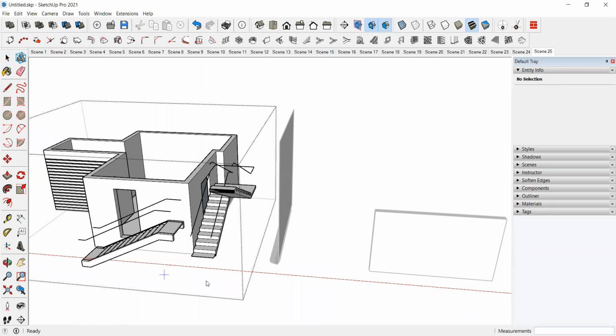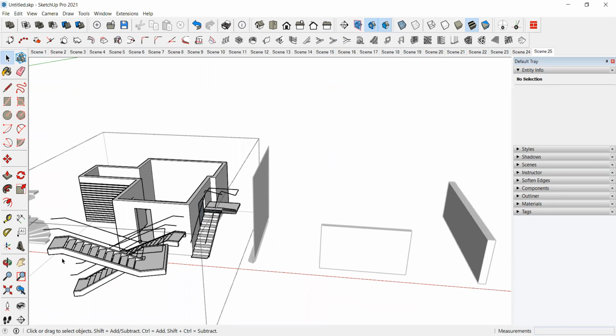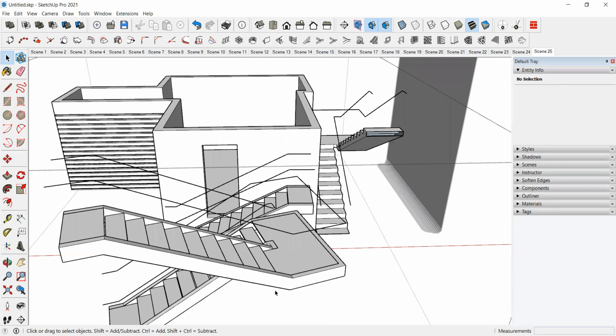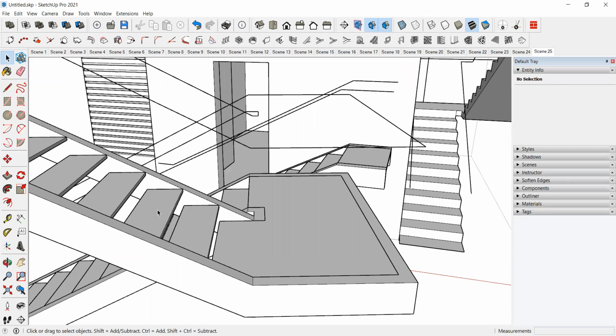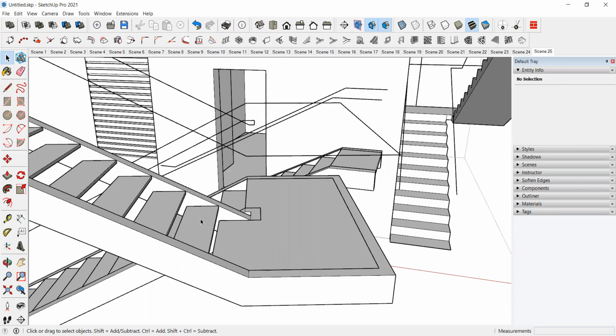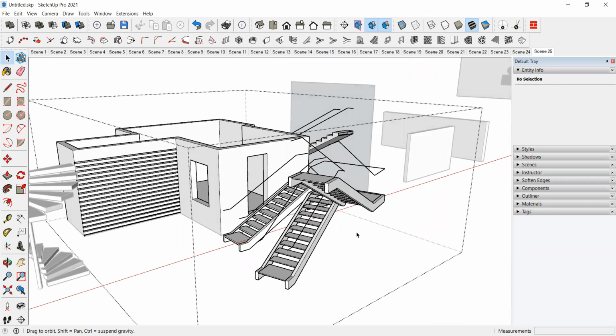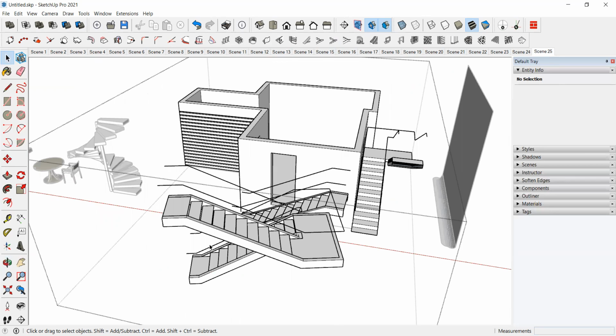So in which direction we will take, that direction it will come. Like this, it will create the staircase for us. So we have to give the clear depth and clear height of that particular stairs. Okay, in this way we'll create the different types of staircase.